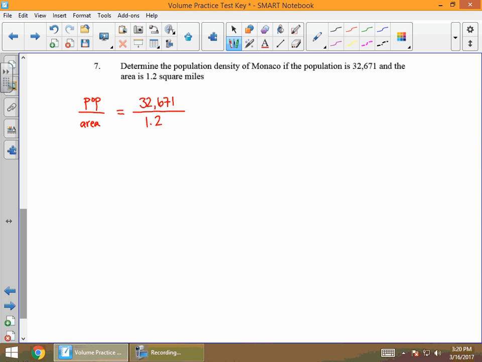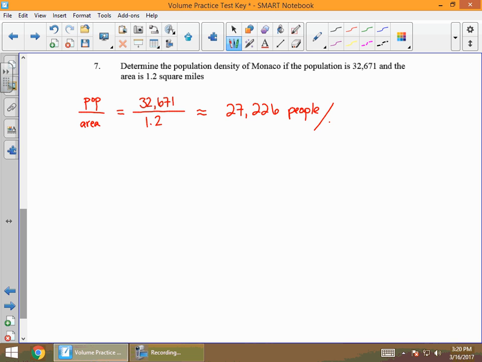And remember, we always want to round this to the nearest person. So if I do 32,671 divided by 1.2, I should get 27,226 people